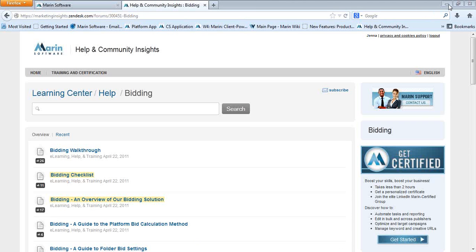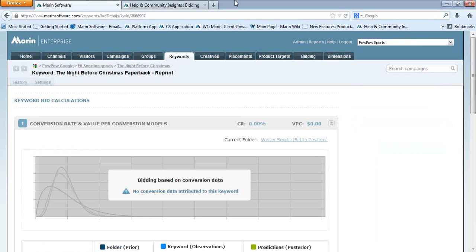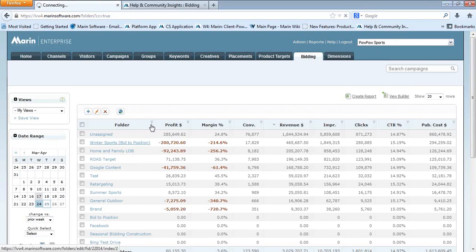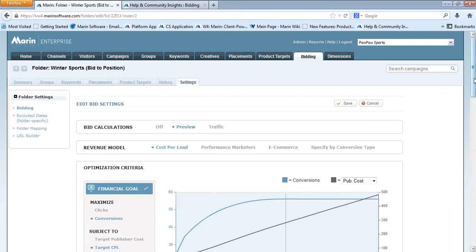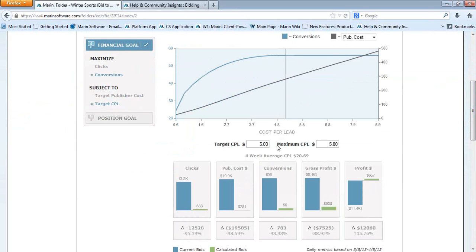We have some common questions that people generally ask as well. One of those common questions is, what is the effect of the stretch goal on the performance of a folder? So again, if we jump back in, the stretch goal that we're referring to would be, in this case, the maximum cost per lead that we are comfortable targeting towards. So if this was set to, say, 6,